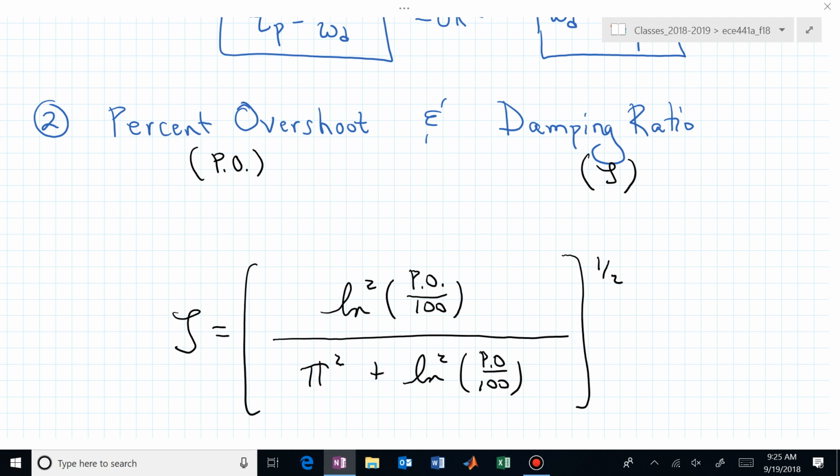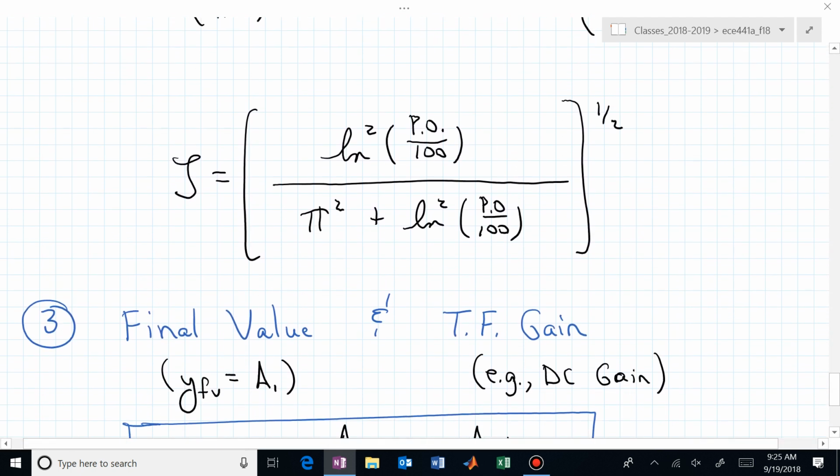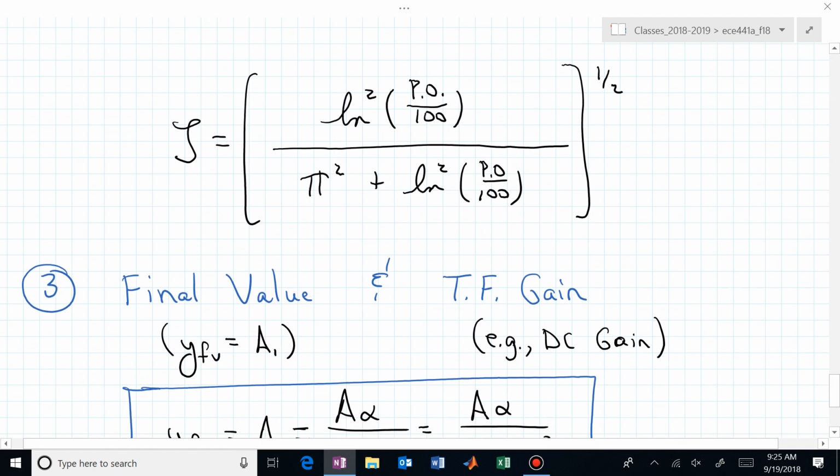What's pi squared, roughly? 10. So that formula is not that bad. If you remember, pi squared is roughly 10. Now we have something plus 10 in the denominator, then we take the square root, and now we have zeta. That's our damping ratio percent overshoot connection. So you give me a peak for the output and its final value, I can find zeta. And with zeta and omega sub d, we can find